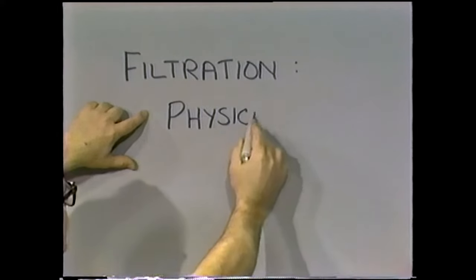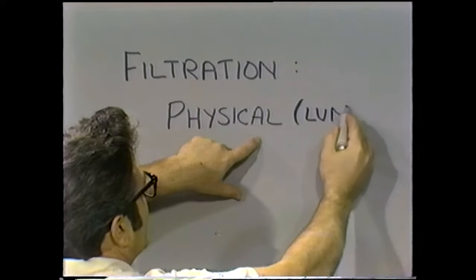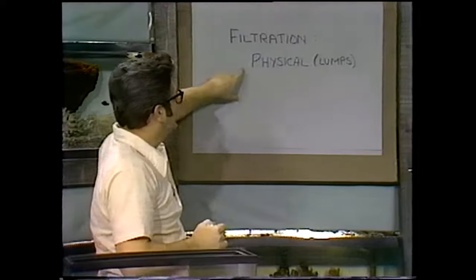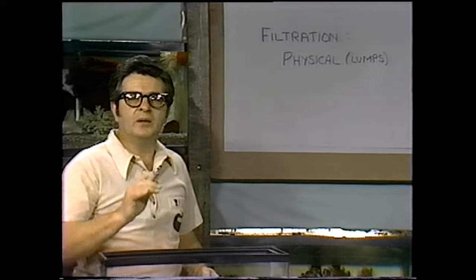Physical. And Uncle Albert says, I'm not sure exactly what you're saying. I'm saying, get the lumps out of the water. Get the dirt out of there. That's physical. Now, besides that, we all know, or at least people that have been into it know, we charge